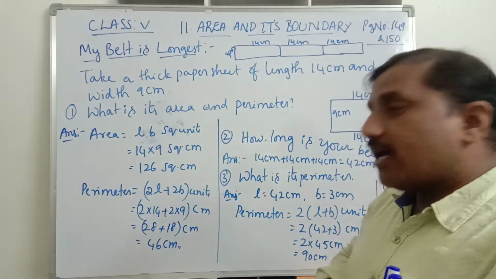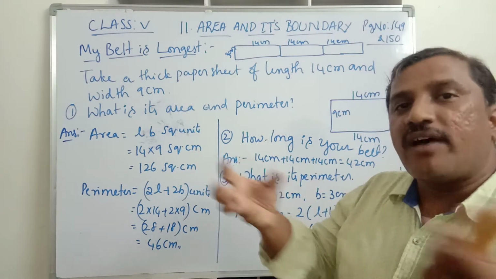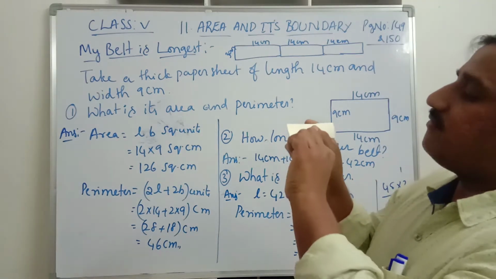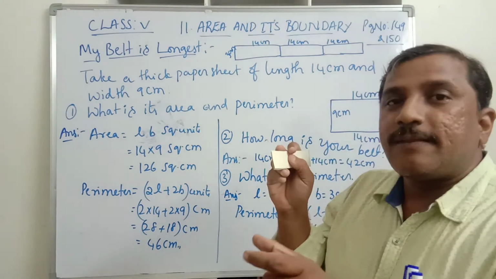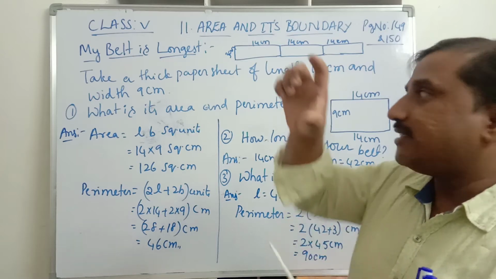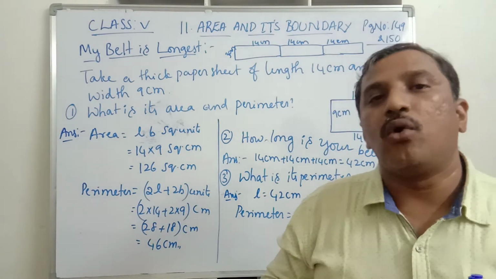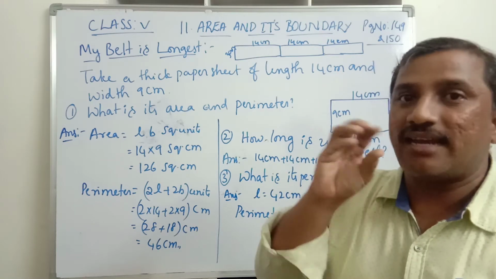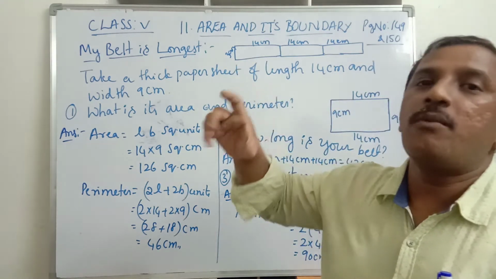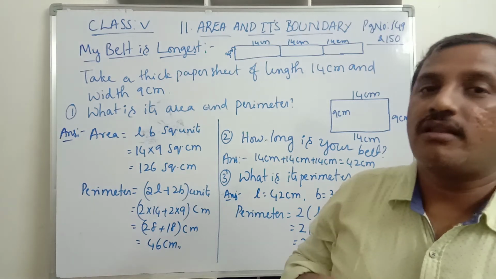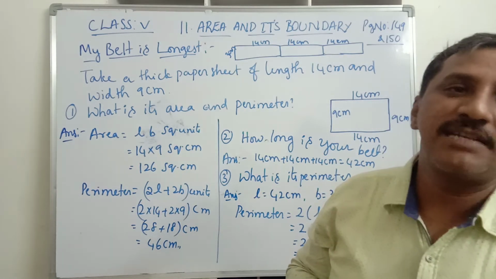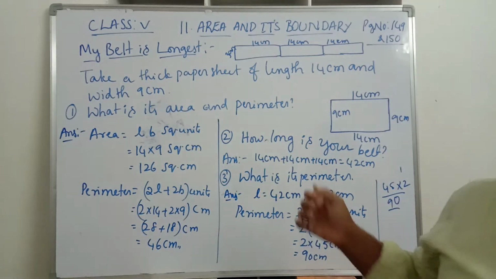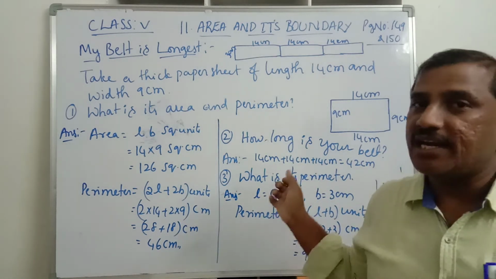If I increase to 9 pieces, we can find that as the number of pieces increases, the width of the piece is less. As the width of the piece, that is the small strip, is less, then the length of the belt formed by those strips will be the maximum length we can find. So are you clear, children? This is the paper strip activity. We'll continue.